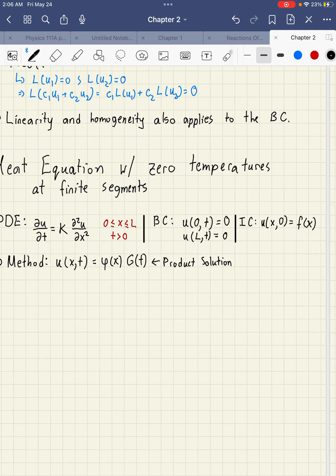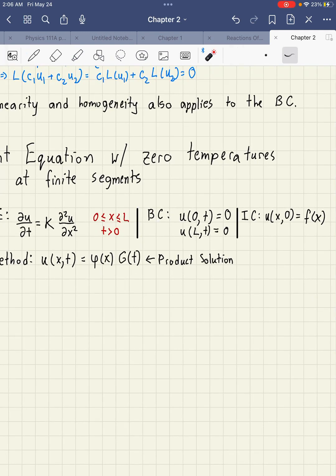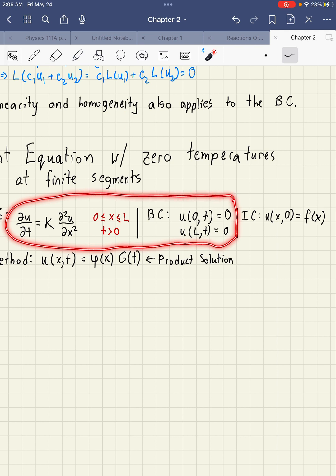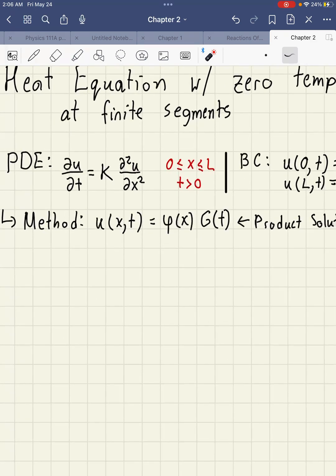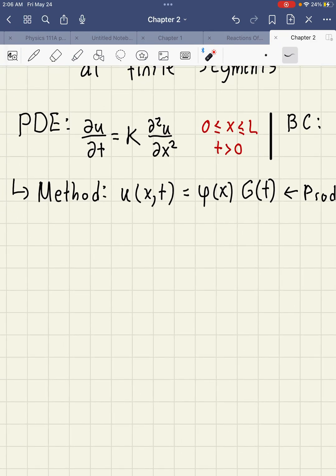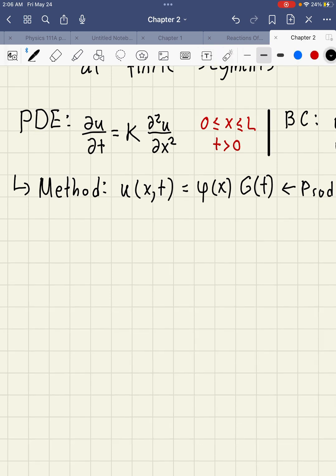Now, the one thing you have to understand is that our initial condition doesn't matter here. We only care about finding a corresponding solution that's applicable to both my boundary conditions and the PDE. The initial condition is just the last thing you have to worry about. As long as your boundary condition satisfies your initial condition, it's easy to figure out. Now, let's solve this. Let's substitute our guess